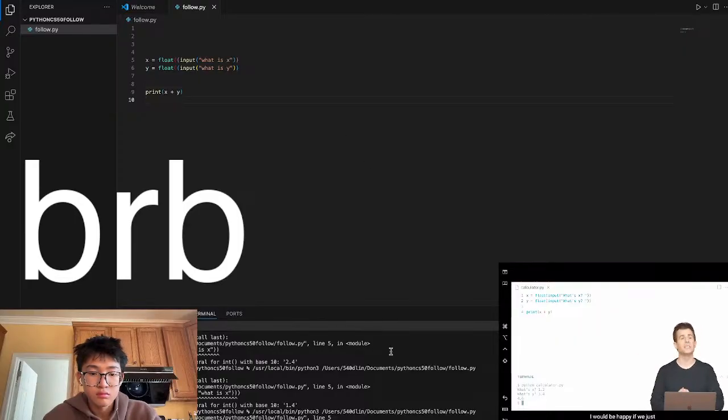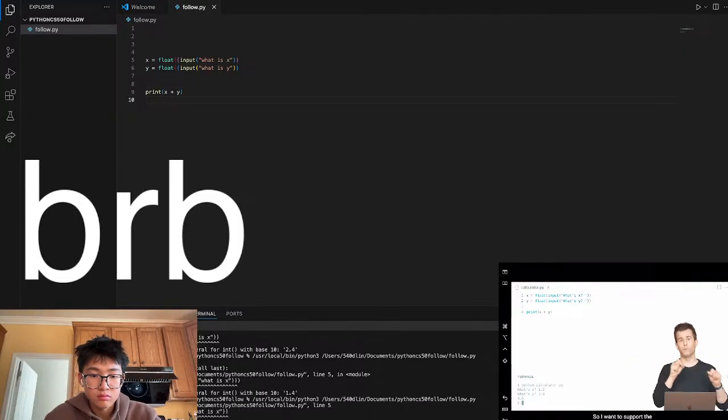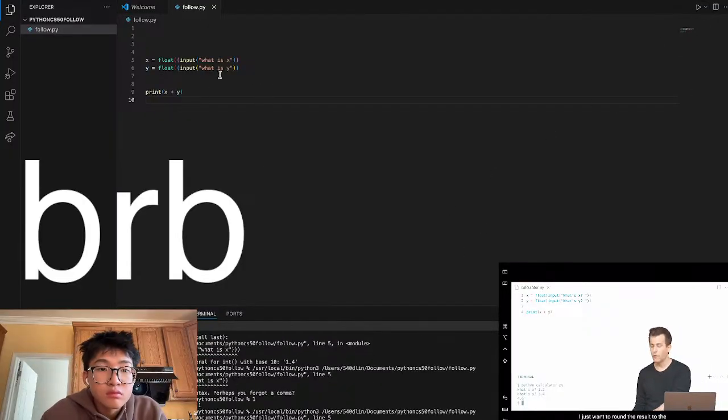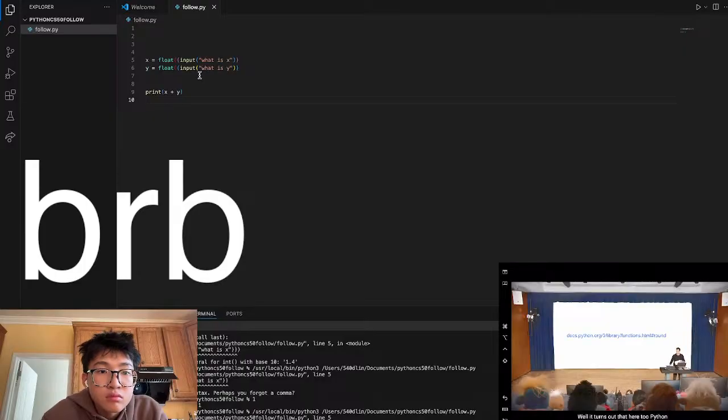I would be happy if we just round to the nearest integer. So I want to support the user typing in floating point values with decimal points. But at the end of the day, I just want to round the result to the nearest possible integer, for instance. Well, it turns out that here, too, Python comes with some functionality built in. And in fact, if we return to this